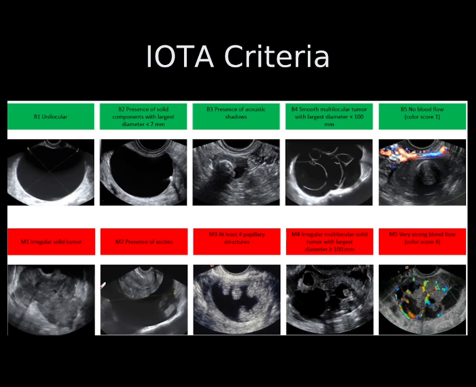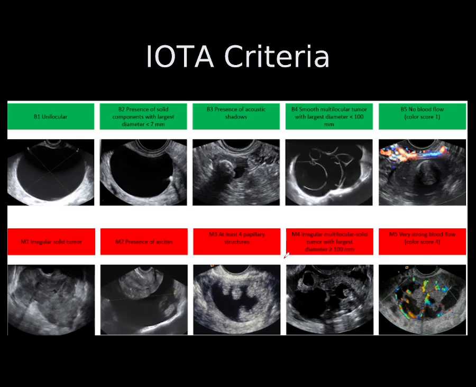So these are useful. These are reproducible features which you can find, and so this is quite a helpful criteria. What you can do is look at an ovarian lesion, measure it up to these and see if it satisfies these criteria, and then you can give an opinion, and you've at least made an objective assessment of the lesion. And that's very much appreciated, because if you say it's Iota benign or Iota malignant, then I know how you've assessed it, and vice versa. So it's helpful for inter-observer reproducibility, and it can help us to cut down on saying